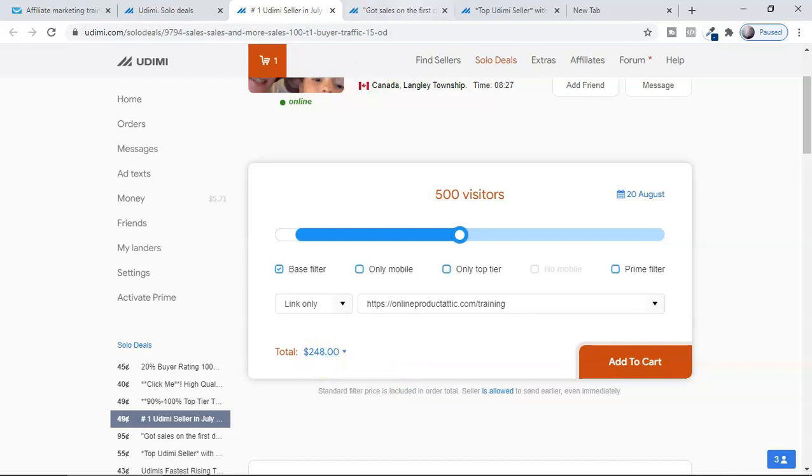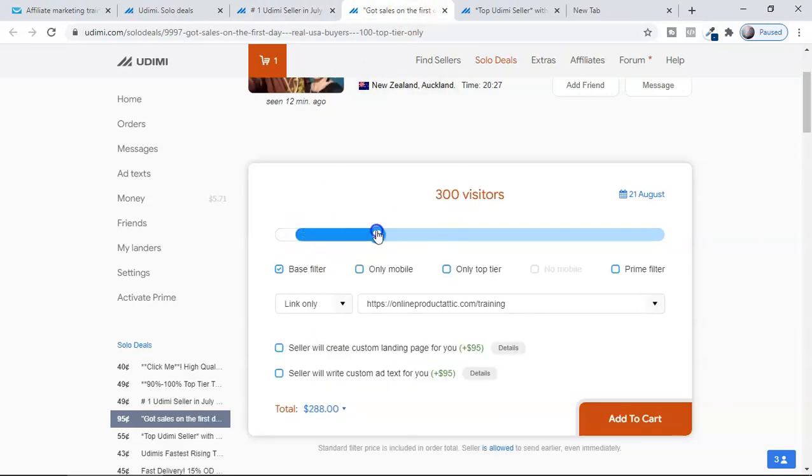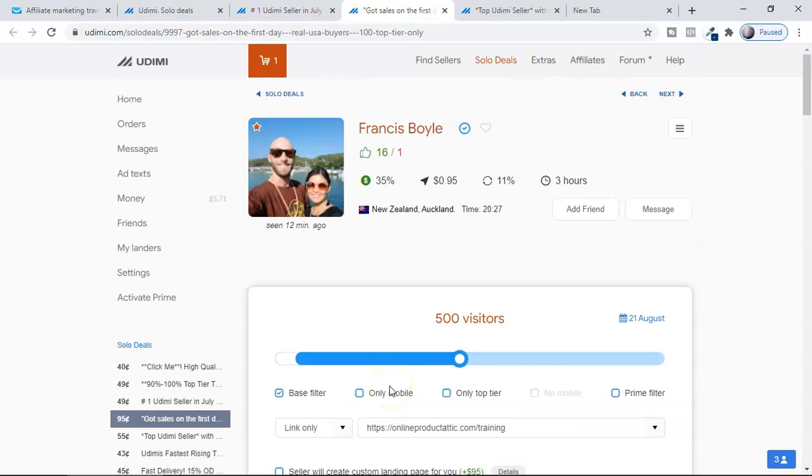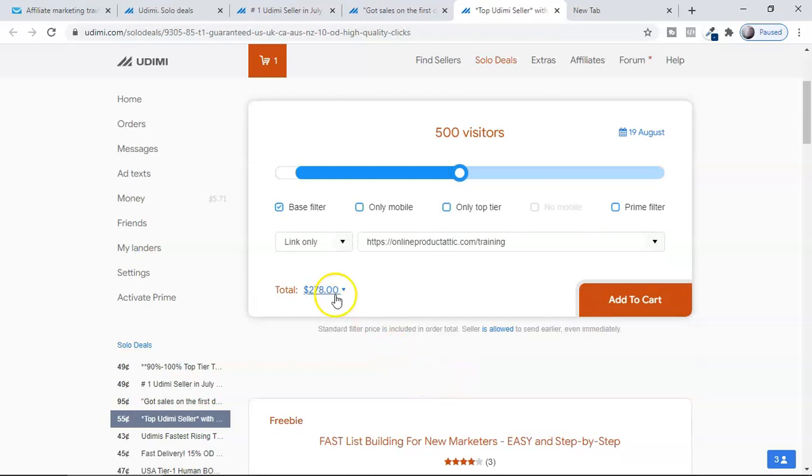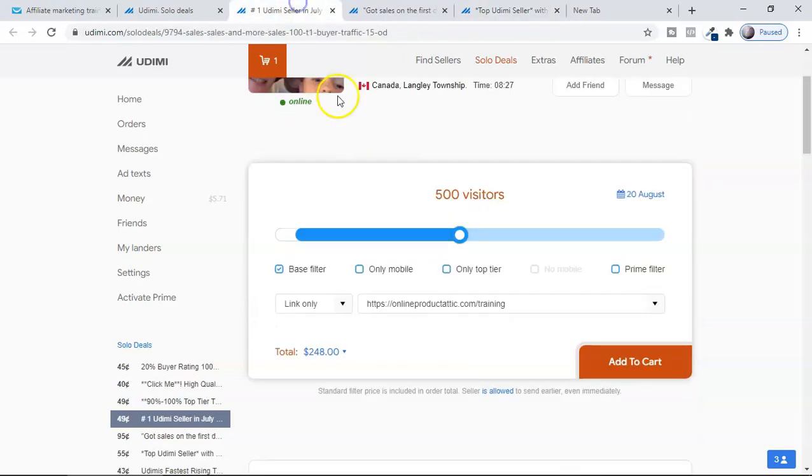And this guy, for 500 visitors, is going to charge you $478. It depends upon the visitors, their clicks and the quality of their emails. And it will be something else for this guy also. For 500 visitors, he might be charging like $278. So this is one way to see it.